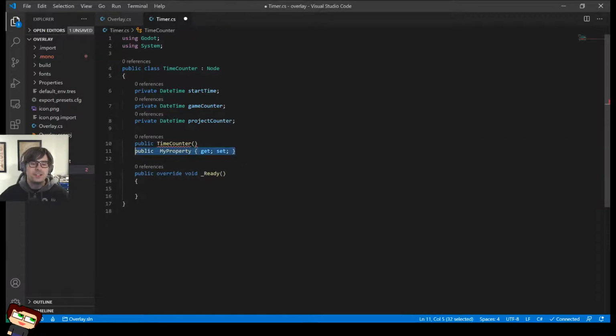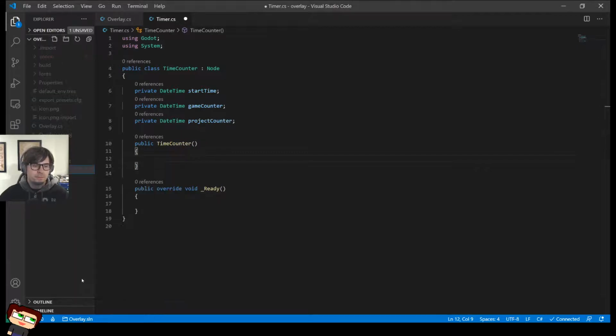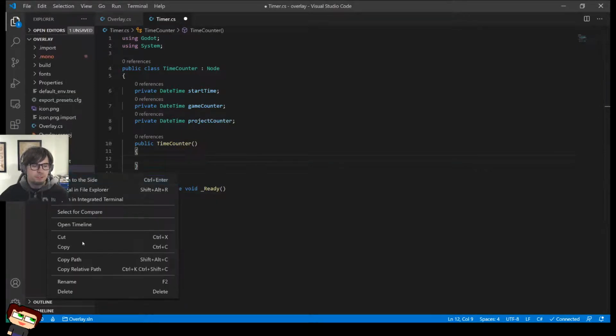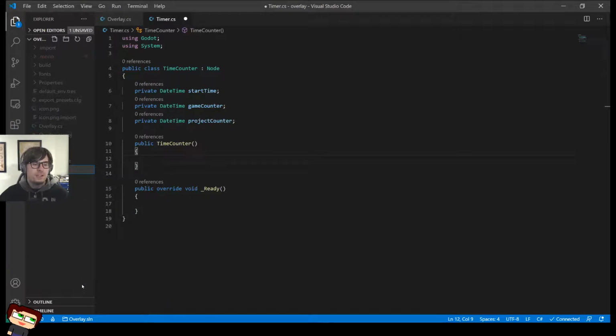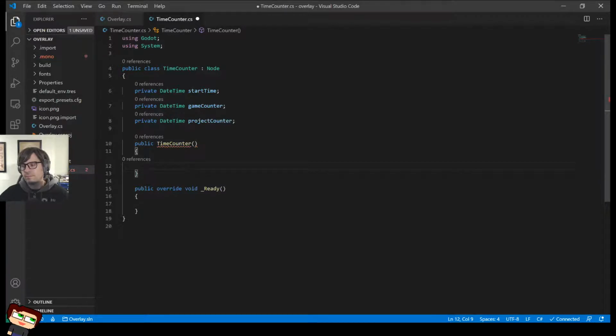Timer is a thing inside of Godot, and I have a big thing about this: even if you think the file name or the class name is the correct one, if there is a conflicting thing in a library, you know up front, don't name it that.